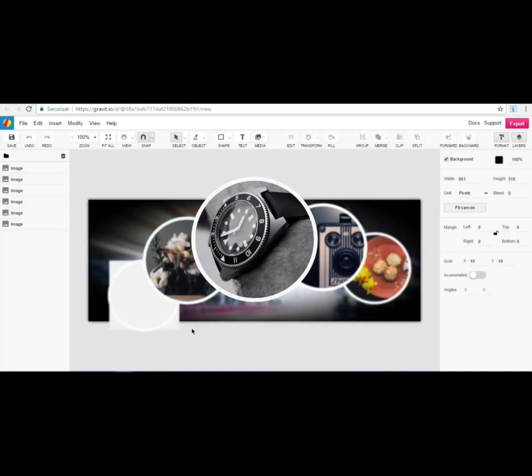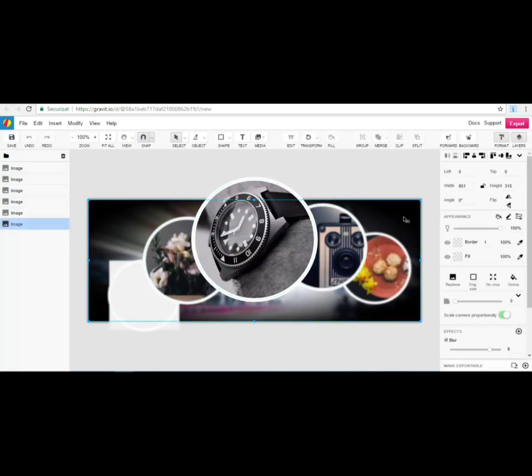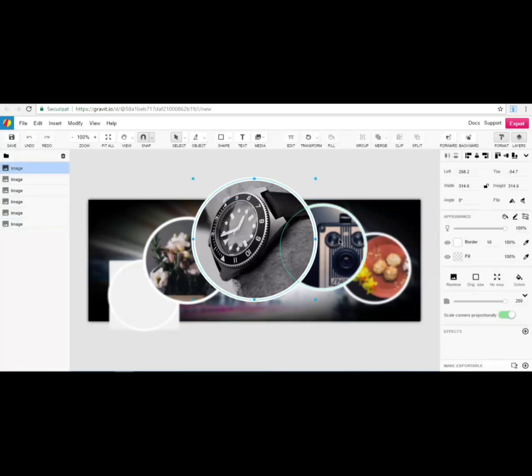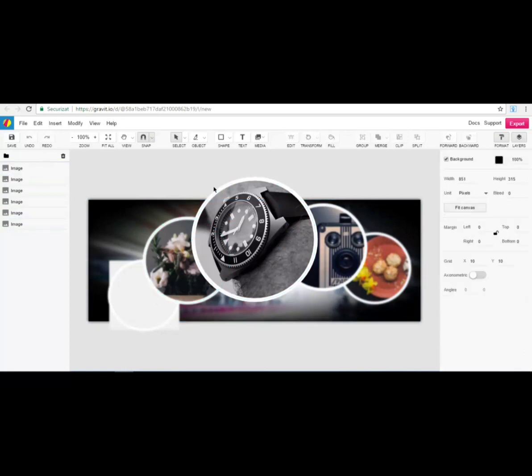So guys, this is how it looks. As you can see, this is a very interesting Facebook cover, because it contains multiple elements in it, and that makes it a pretty interesting Facebook cover. And as you can see, the editor looks pretty complex. Here in the left side menu, you can see all the elements that you have included in your canvas, to say so. Here in the upper part, you'll see that you have a menu with file,